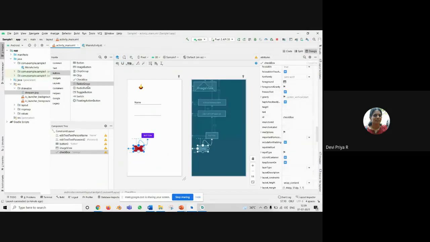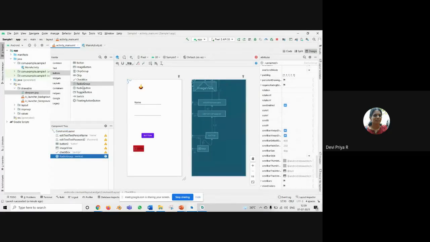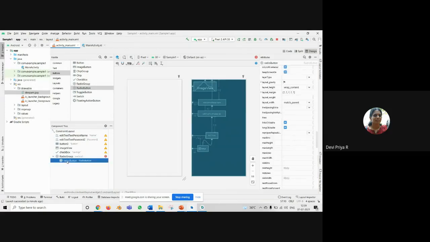If I want to create a radio group, the simple process is you can just drag and drop this radio group here. First, place the radio group. Now inside that you are going to create buttons. So, a radio button. If you want to have one more radio button, you can.